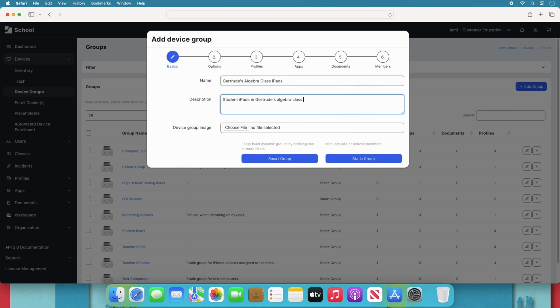We could also assign the group an image, but I'm leaving this as default. Next, we need to decide what type of group to create. When we created our user group, we only had the option to create a static group, where we had to assign each user manually. I want the assignments to happen automatically based on a set of criteria, so I'm creating